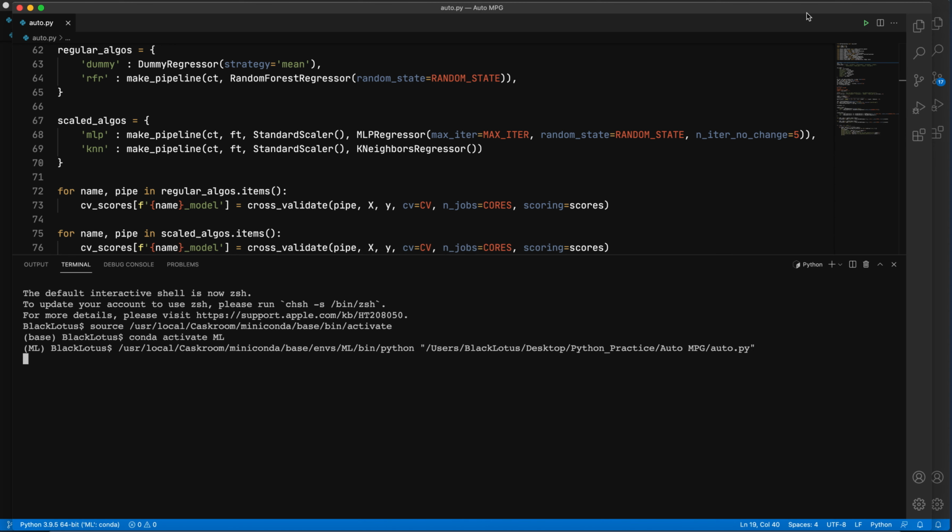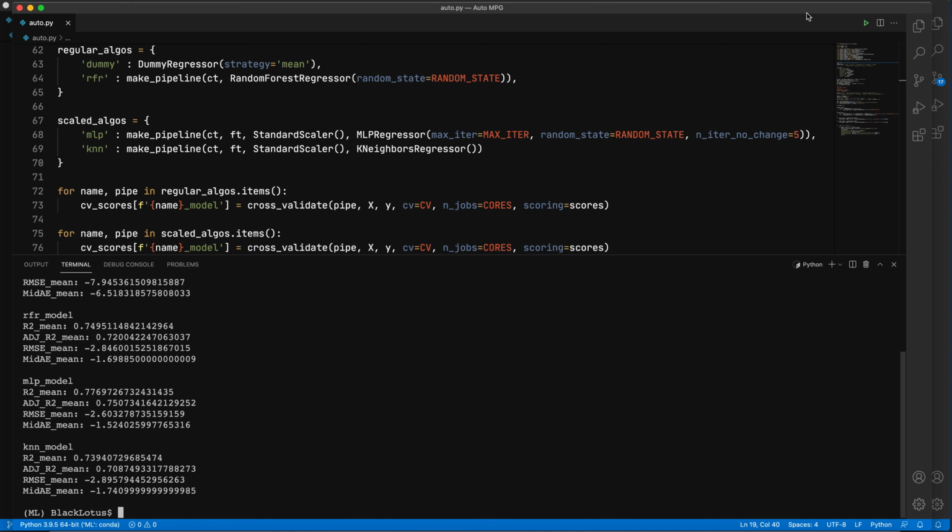My previous results for the multi-layer perceptron, which is the model that I ended up using, had an adjusted R-squared value of about 0.73, and the random forest regressor was slightly worse at 0.71. And now, without any data leakage and with the feature engineering, the adjusted R2 score for the random forest regressor is 0.72, so slightly better. And the multi-layer perceptron is much better at 0.75, with a regular R2 score of almost 0.78,